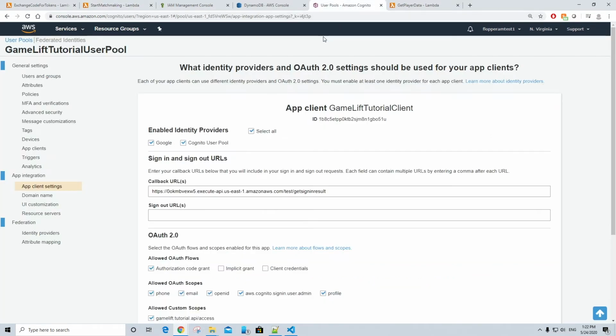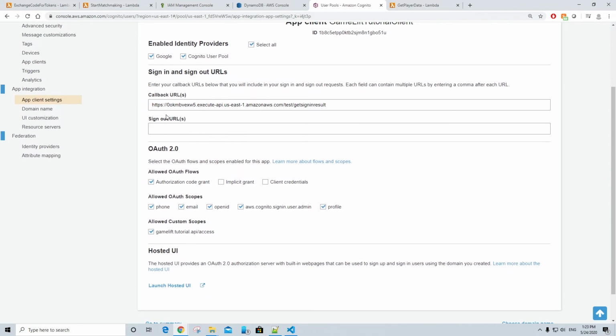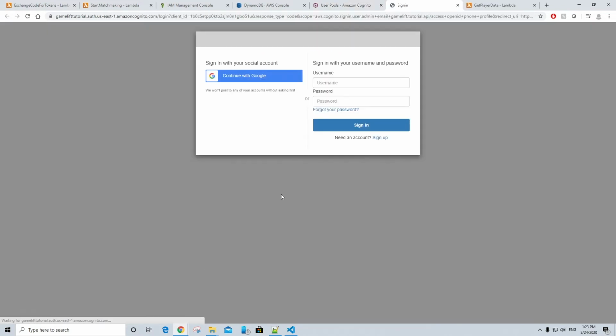Amazon Cognito user pool settings, specifically the app client settings. And from here, I will launch the hosted UI and I will log in with a username and password. Then I will sign in. And using the authorization code from this URL, I'm going to copy it, go back to the exchange